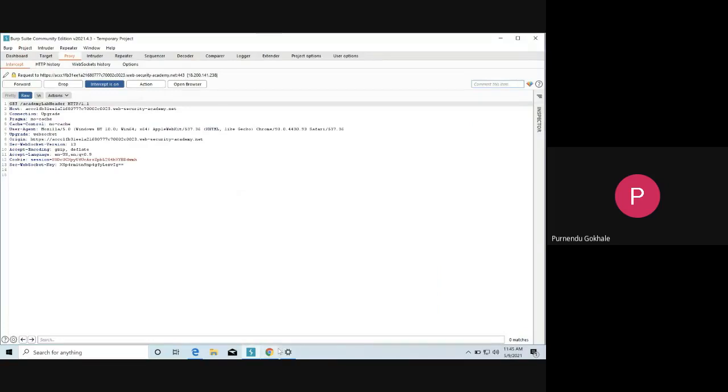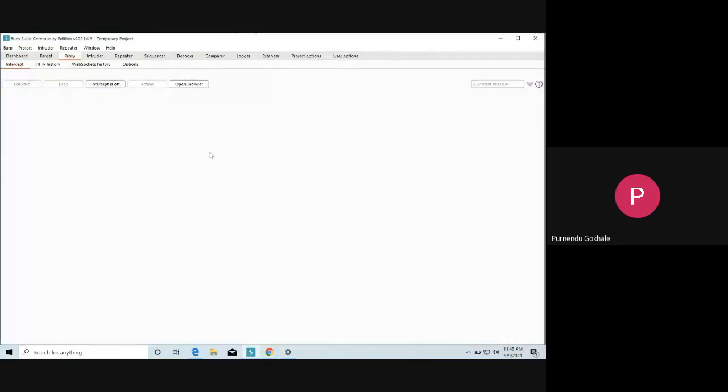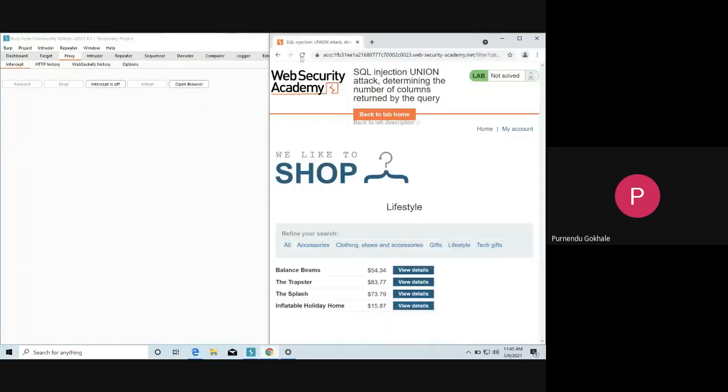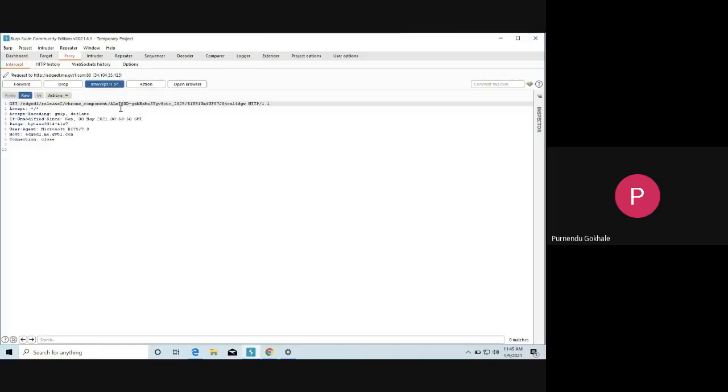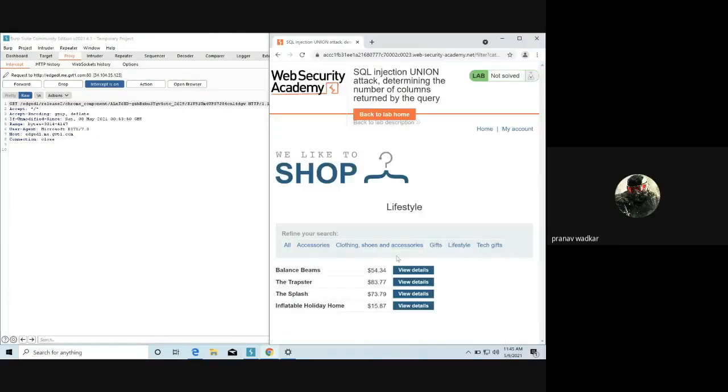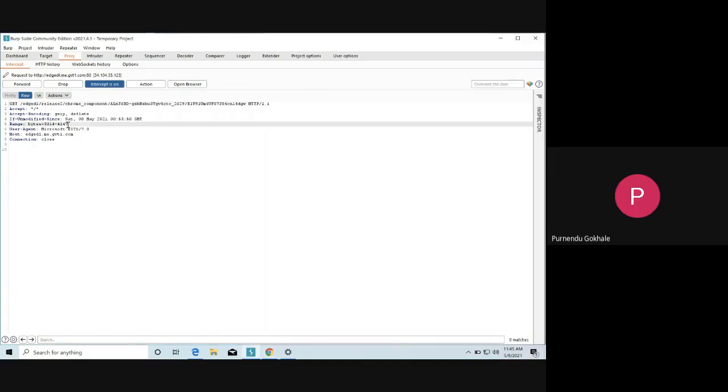Turn off the intercept and reload it. Okay, now turn it on and again click on live stream. Have you clicked on live stream? Yes. Forward it.